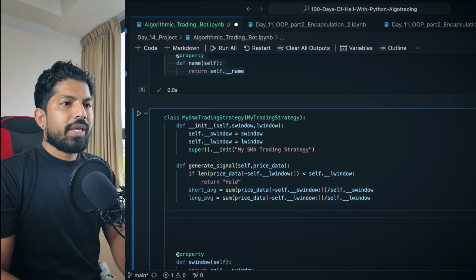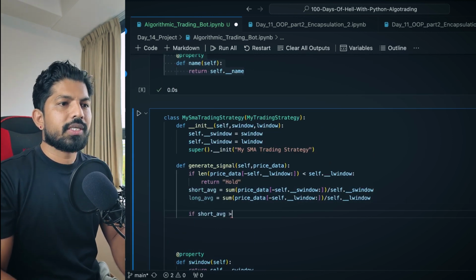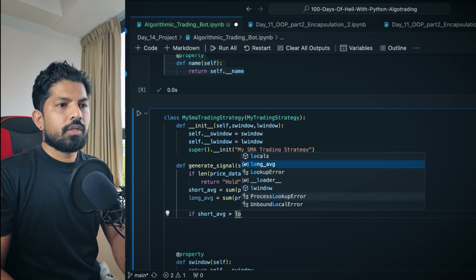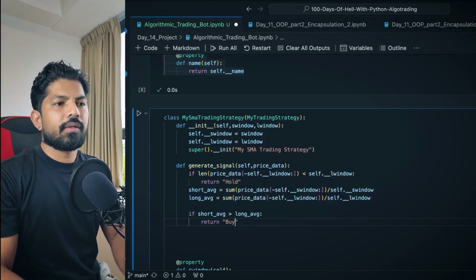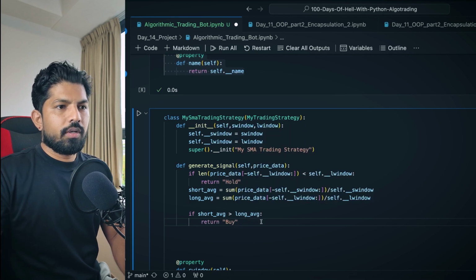We give another condition. If short average is greater than the long average, then we'll return a buy. Let me copy and paste this code again.